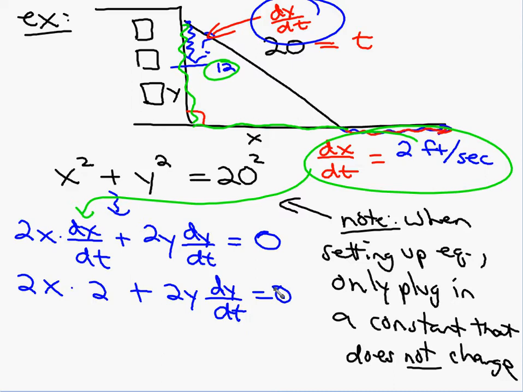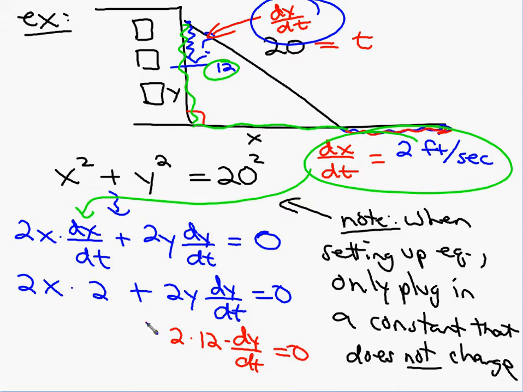And I do know that y is 12, so I could put that in. The question did ask what is happening at that instant, so we're ready to start answering that question now. So I can put the 12 in for y times dy/dt